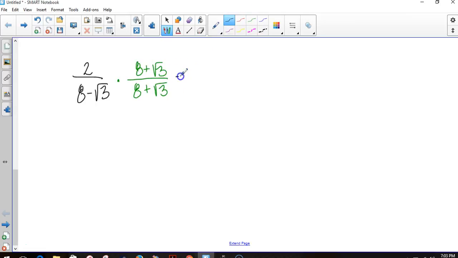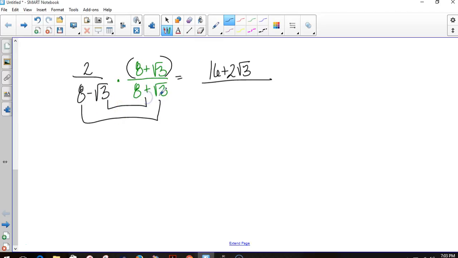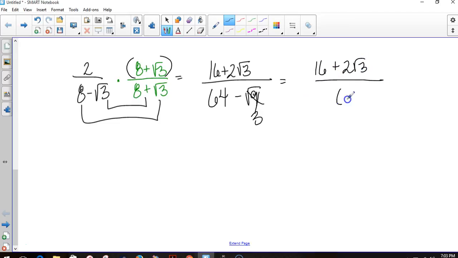and the denominator. My numerator, I'll distribute the 2. I get 16 plus 2 square root of 3. Down here, the reason we choose the conjugate is so that way my outer and my inner pieces will add out, and I'm just left with my first 2 terms multiplied together and my last 2 terms multiplied together. And the square root of 9, of course, is just the 3. And so this can simplify to 16 plus a 2 radical 3 over 61, and unfortunately that's as good as